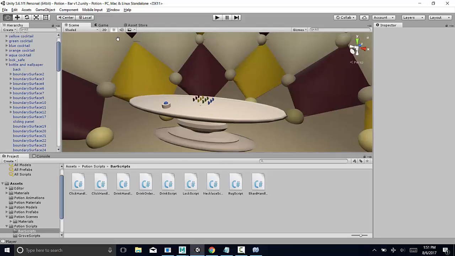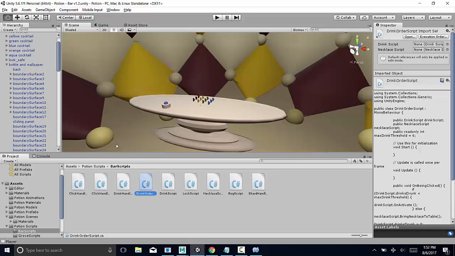So basically the way that works is that you are the player, and when you click on this button, it triggers something called the drink order script, which